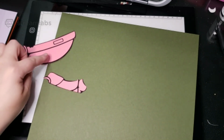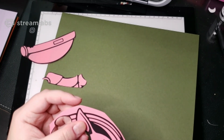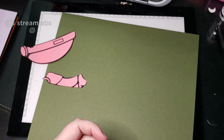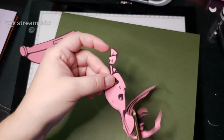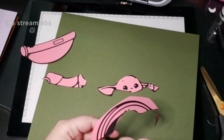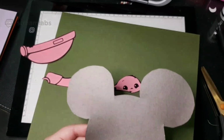right? So this is the ship, here's his little outfit. Let me go ahead and cut him out. So you can see I'm building things up in colors. So hopefully that makes sense. Now I don't need the back of the pod because I'm going to use this as the pod,